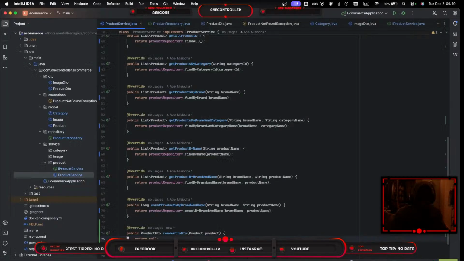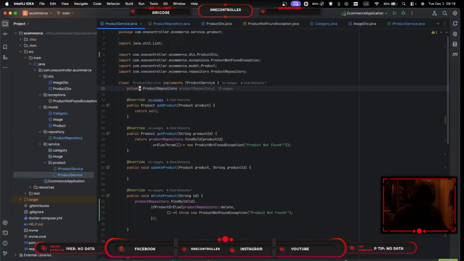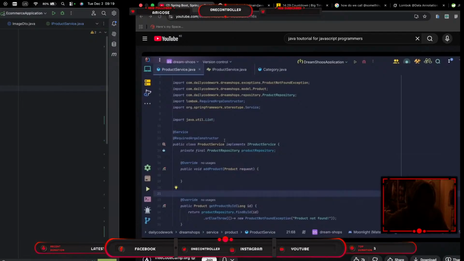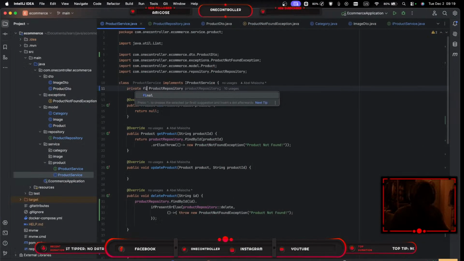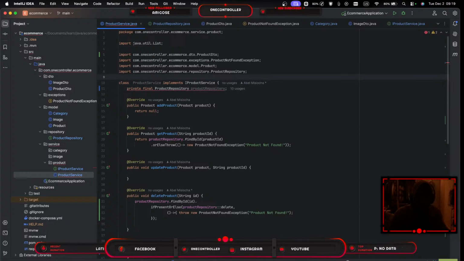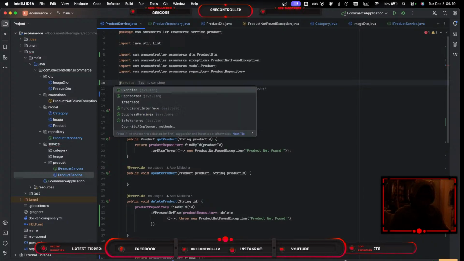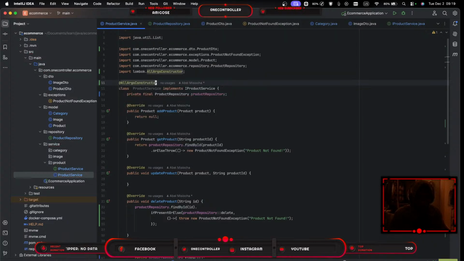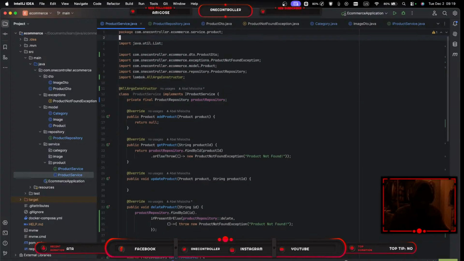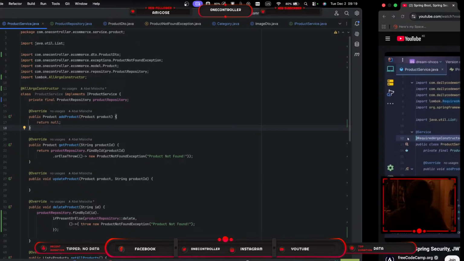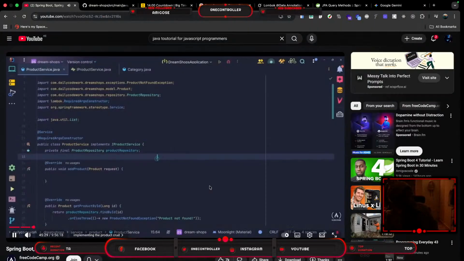You see, so now that we make it final, it has changed color, which means it has seen that we have used it right all through here, right? So always remember, anytime you are using this annotation to do constructor injection, always make sure that the dependencies that you're using it to inject